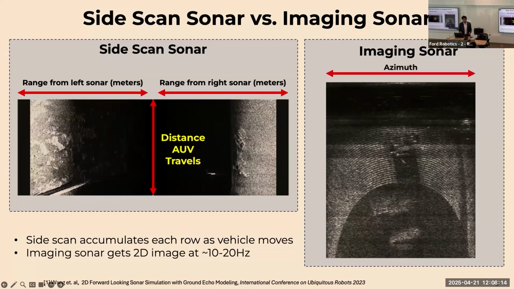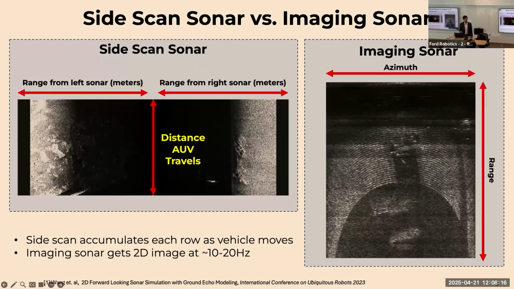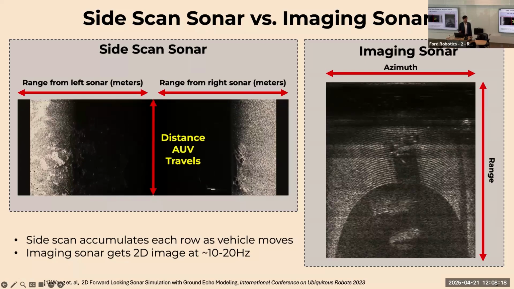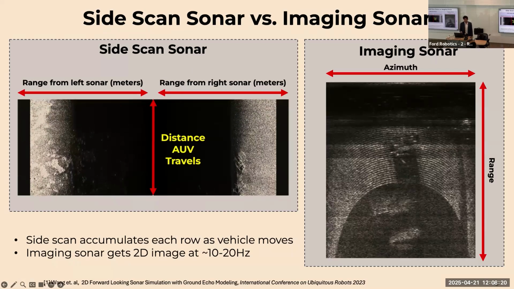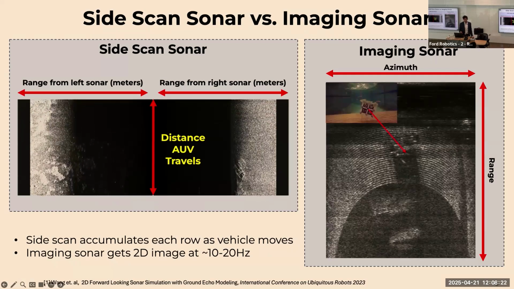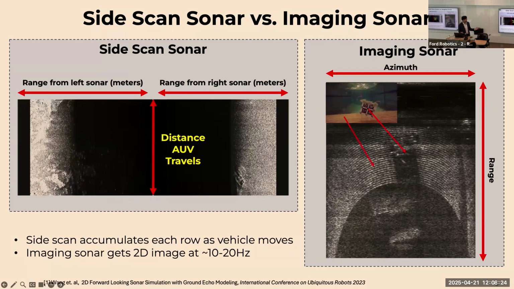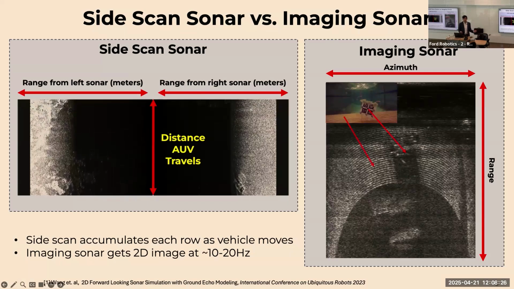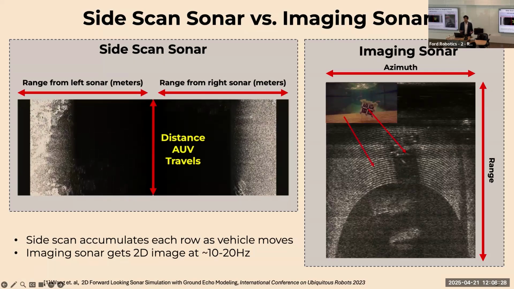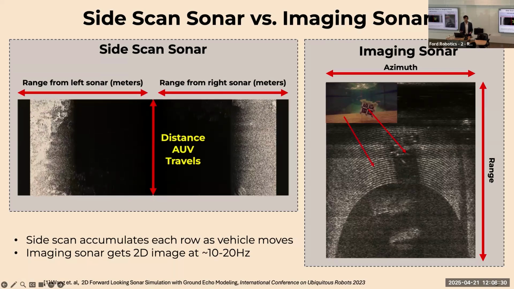So you can think that imaging sonar has a lot more information at a given time step compared to side-scan sonar, which makes it useful for close-range inspections. You can see the calibration board clearly in this image, along with the metal railing, which shows up very brightly in imaging sonar, making this very useful for inspection of underwater infrastructures that are made out of metal and various other material types.